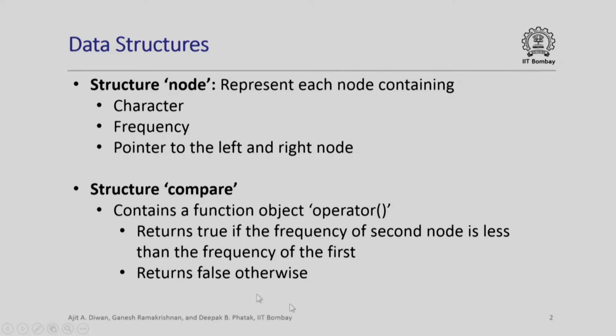You will recall that last time we discussed Huffman code as a minimal code that can be associated with individual characters to represent them in a more compact fashion. We will look at a computer program which can implement the Huffman coding. We use some simple data structures, a node structure which will have the character, its frequency of occurrence, and a pointer to the left or right nodes.